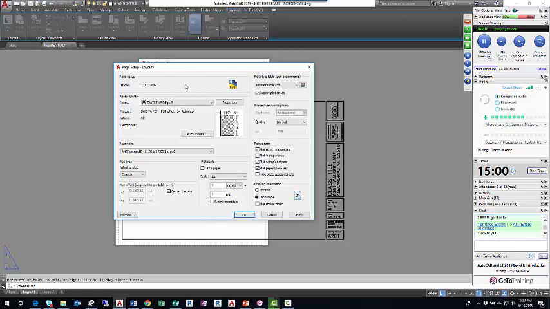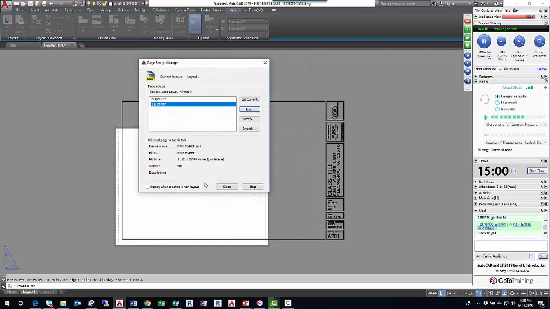So anyways, what we've done: we've chosen a printer, chosen what paper to print on, what part of the drawing environment we are printing, extents, centered that plot, previewed it, left the plot scale at 1:1, chosen the monochrome plot style table, and put a check mark in the display plot styles. And that is enough to get us ready to plot, or at least the border will be ready to print or plot. When you're ready, you can hit OK,